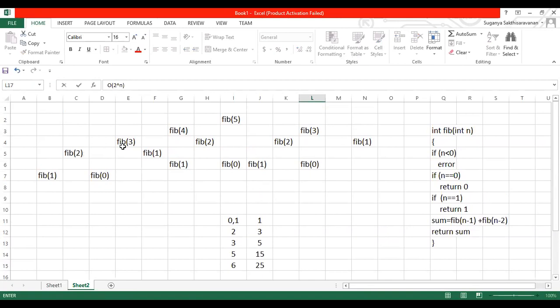The reason is, I know what is Fibo of 3. Again, what happens in the case of this recursive approach? The same Fibo of 3 is calculated. The reason is we are not going to store it anywhere. Each and every time you're going to calculate again and again. For a known result, the time is taken.